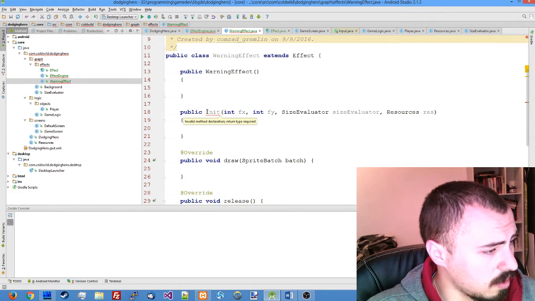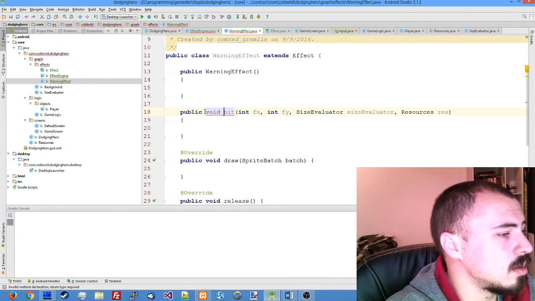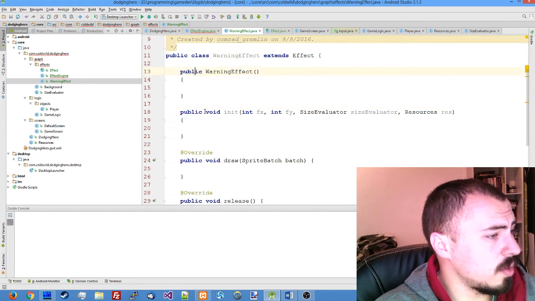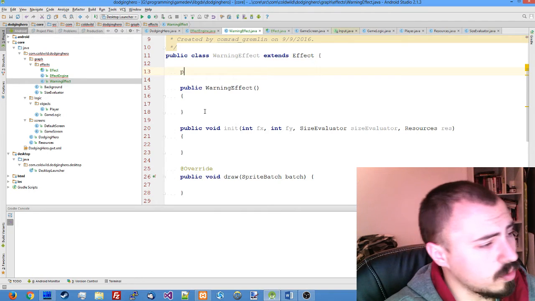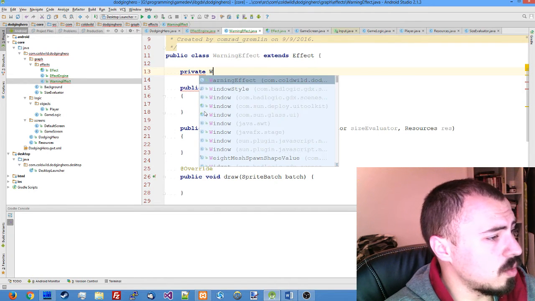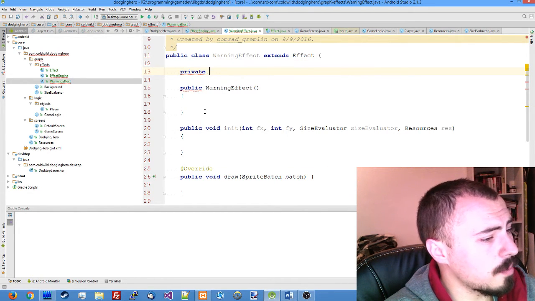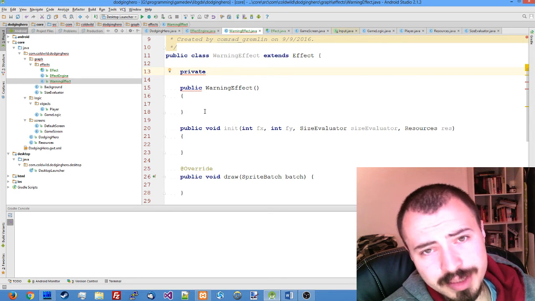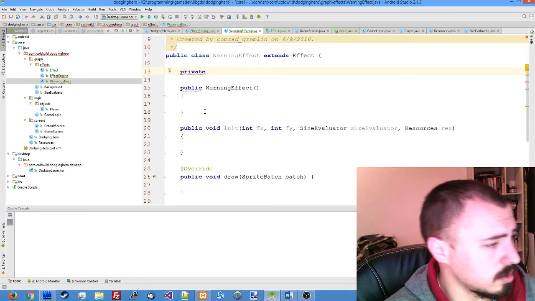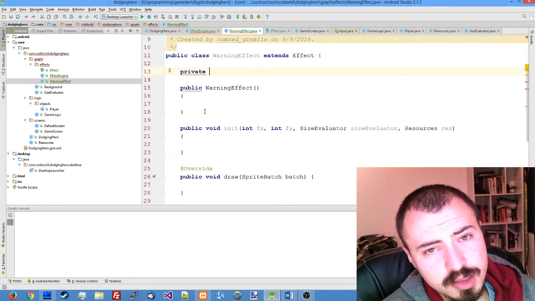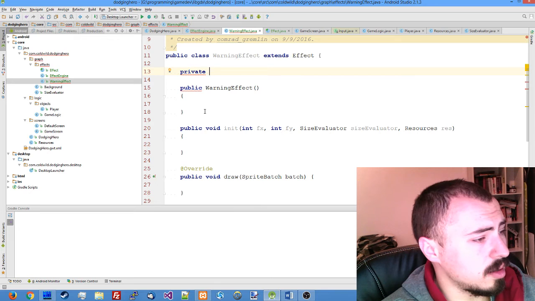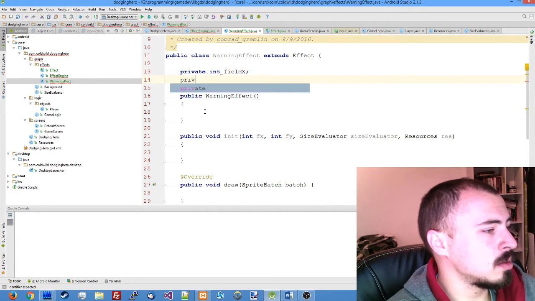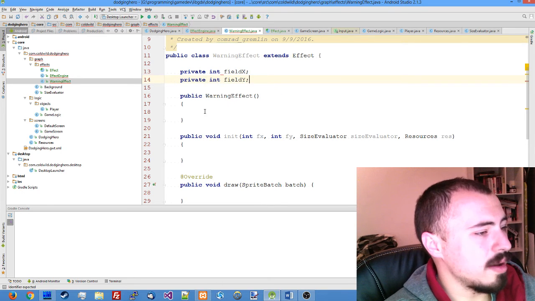And public void init. And in our init function, we will need to assign 4 new variables. Let's declare those variables here in the warning effect. Always make it a habit to declare variables at the start of your class, so that the readability increases, you always can look something up and understand what's going on. So we will need the private field x, field y,